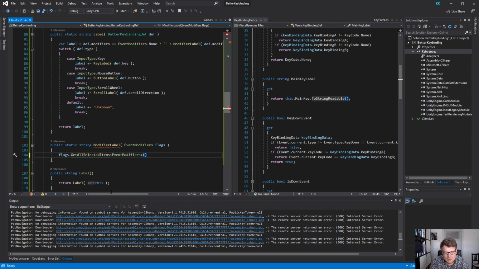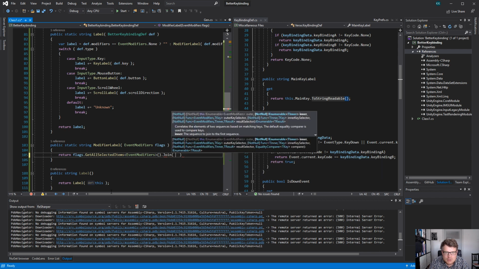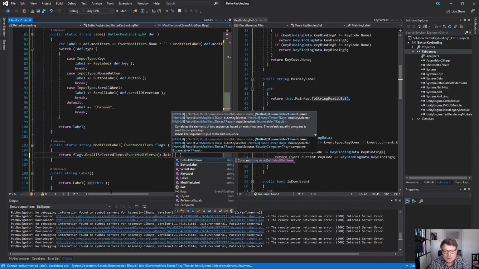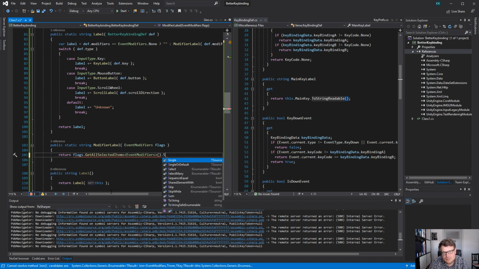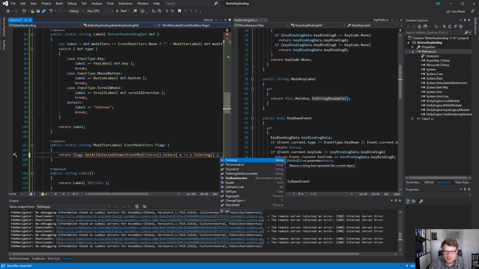I mean, I can just return this straight away. Return flags. We can join those. Oh, this is not doing what I think it's doing. I need to make them a string first. Event string, and then we can join. No, I don't want that. I want